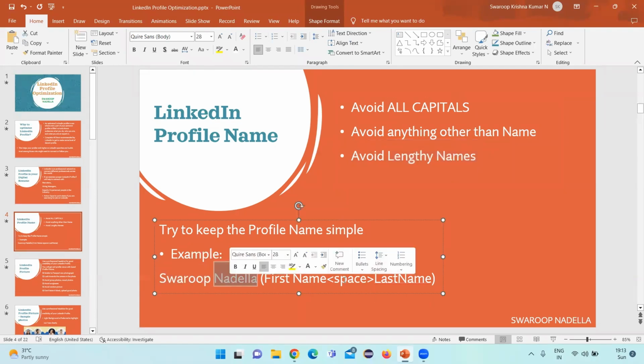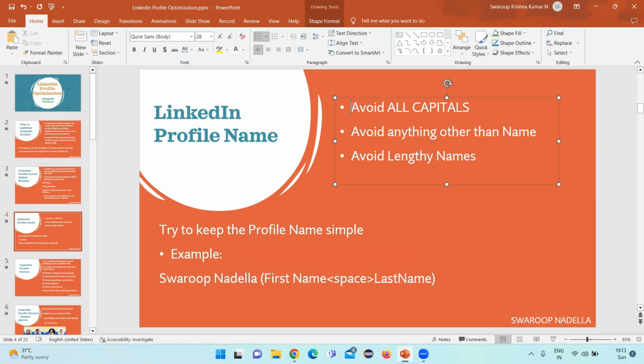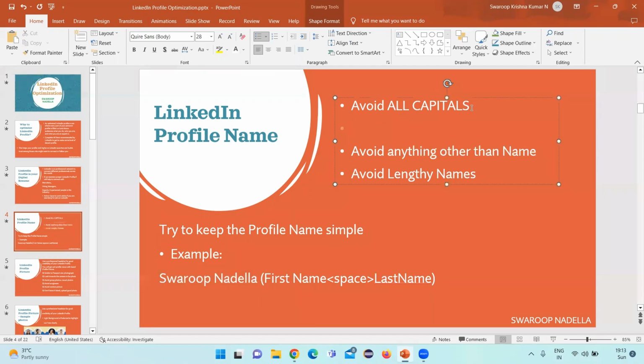In between, if we have something else, that's okay, but we can skip it for now in LinkedIn. So avoid putting everything in all caps. I have seen many people putting their name as all caps in the profile name. So avoid that. You can put it like this. There are people who are putting it in all small also. Avoid all smalls and avoid